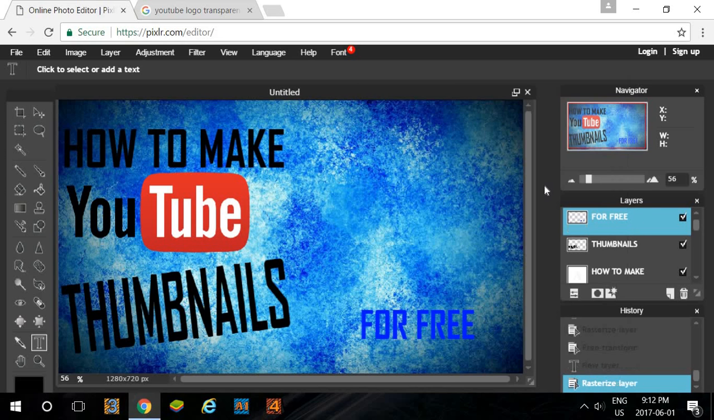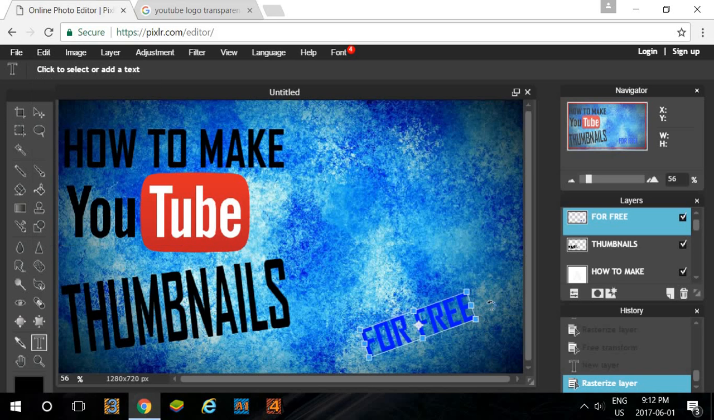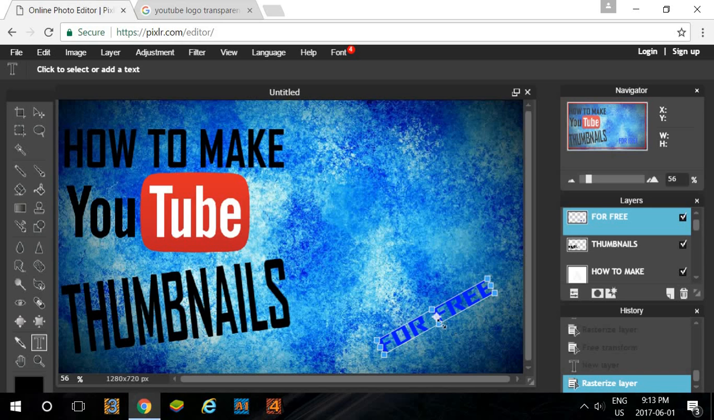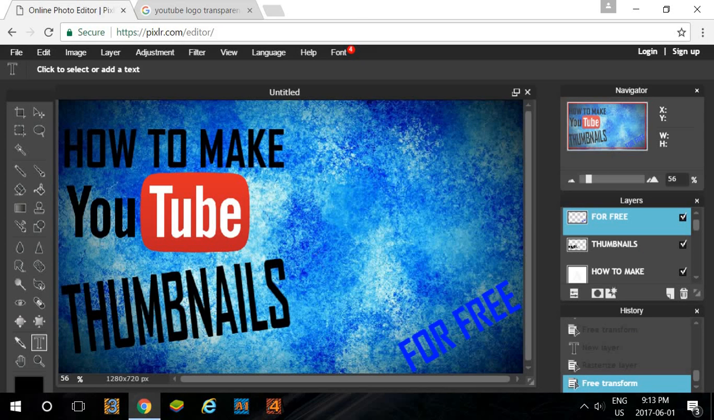Right click on it, click rasterize layer, edit, free transform, and now I can move it like that. Oops, didn't mean to do that. I'll make it not that big. Okay, that's pretty good. So just click outside the box, click yes, apply the changes, and then you also want to change the way the